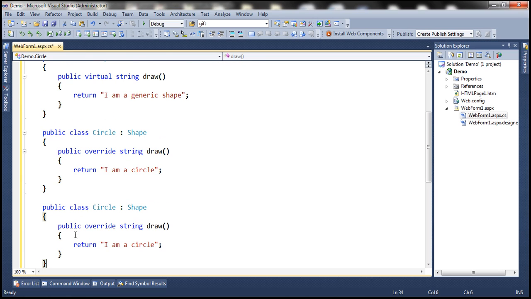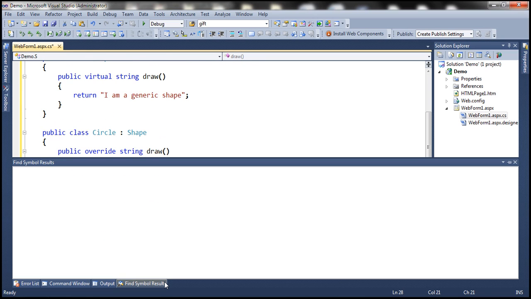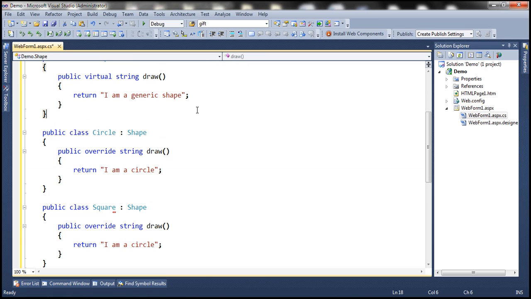Now let's create another class. Let's name this class square, and this class is also going to inherit from shape, and this is also going to override the draw method, and the overridden draw method within the square class is simply going to return a string saying I am a